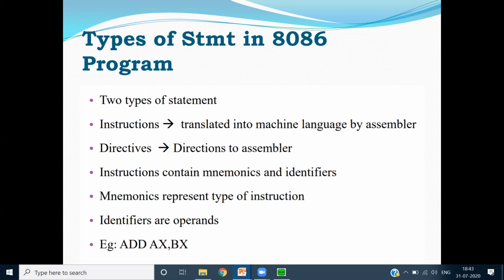For example, ADD AX, BX. Here ADD is an instruction and AX and BX are the registers which store the operands. So the types of statements in 8086 are two types: instructions and assembler directives. Both are used while coding any assembly language program.